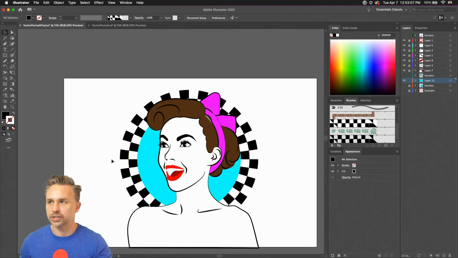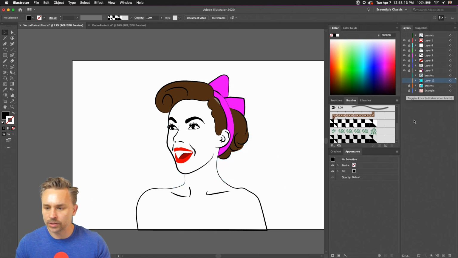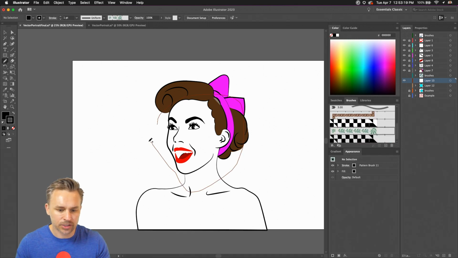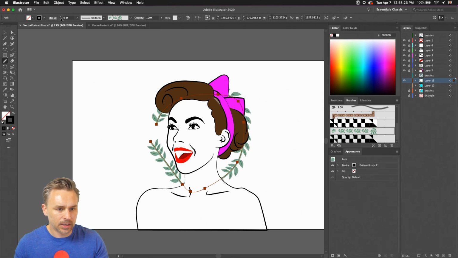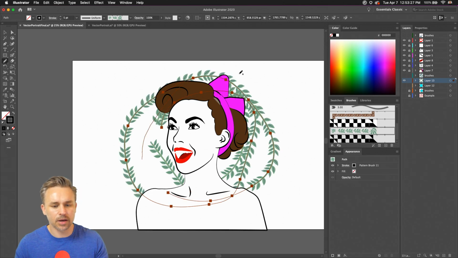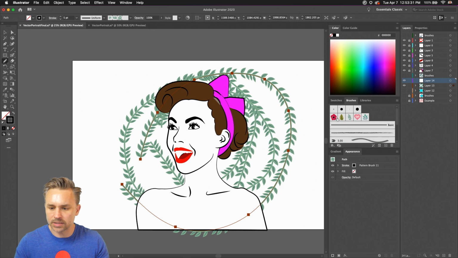Or I go a different direction. You ready for this? If you've been following along with me, I could use other brushes as well. So right in here, we worked with brushes yesterday. Let's grab this brush and then just start drawing with this fun brush that we have here. This is, again, just another pattern brush. Throw that around in the background. We could add some more